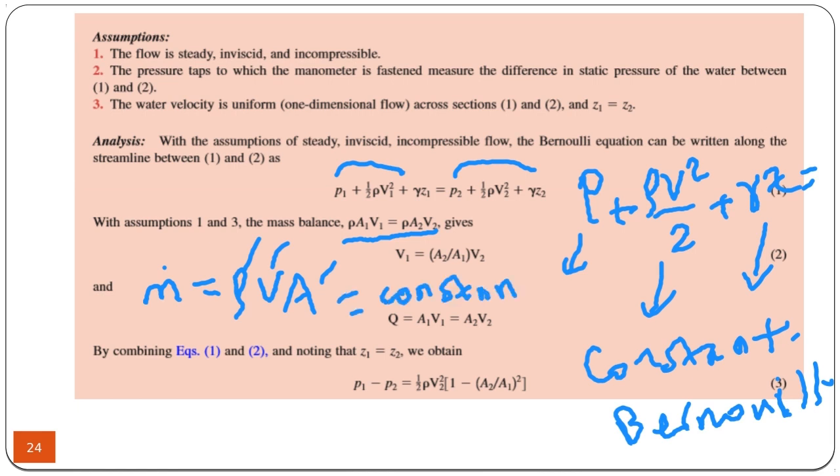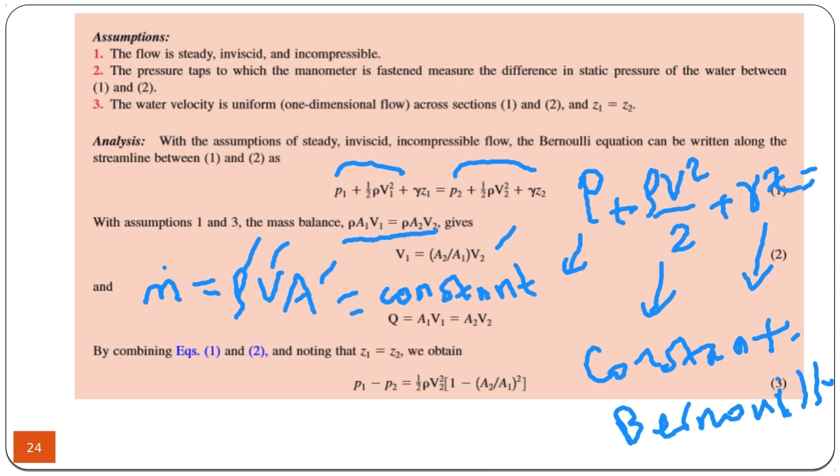So from here, you can obtain the velocity V1 in terms of V2. As you can see, velocity is inversely proportional to the cross section. If the cross section decreases, velocity must increase in order to satisfy the